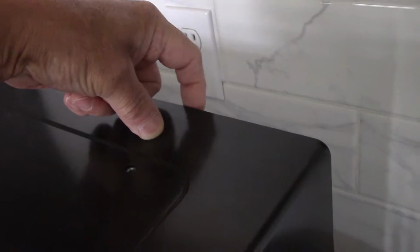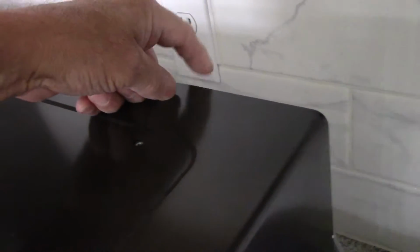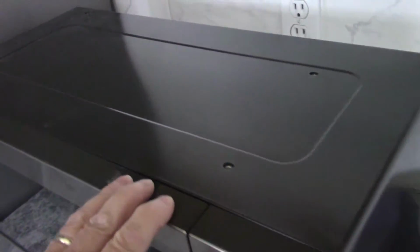We're going to look it up according to our model to see which ones we're going to use. So we're going to put them on here, this end here, and this end here. And then we're going to make our calculations up inside here. We'll put our template in, and then we'll drill it. All right, so let me just get the template up there, and then we'll come back and I'll show you